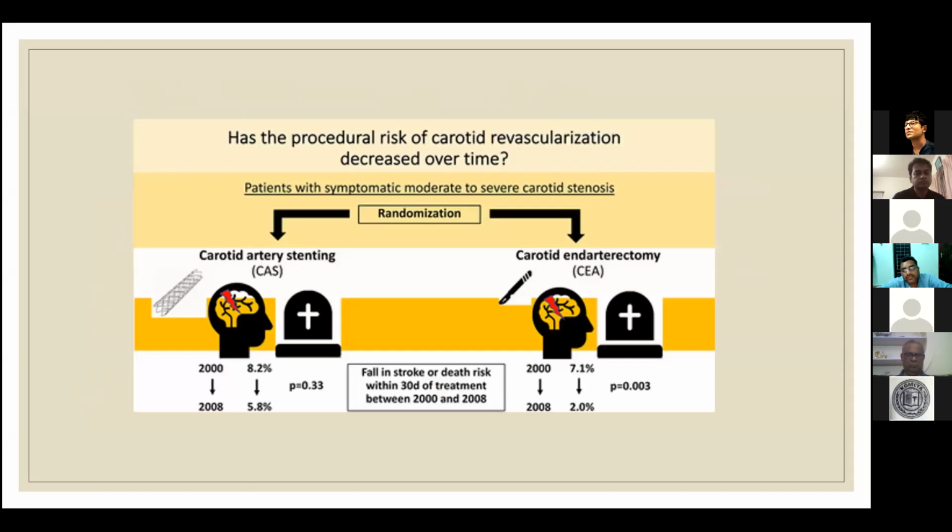One study also analyzed whether there is any decrease in the rate of perioperative events over the years. Over a period of 8 years, there's a definite decrease in both carotid stenting and carotid endarterectomy. The overall rate of stroke has come down, basically because of improved techniques, embolic protection devices, and more people doing carotid endarterectomy. So overall the results are better, but carotid stenting still has more perioperative stroke compared to carotid endarterectomy.